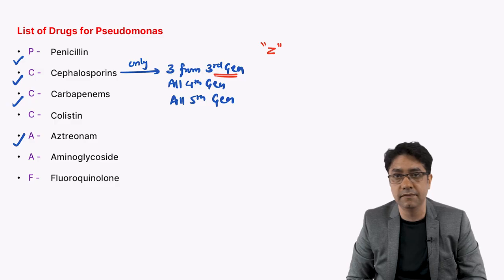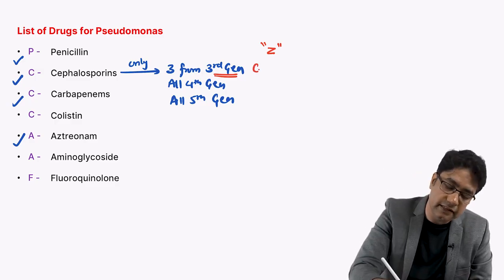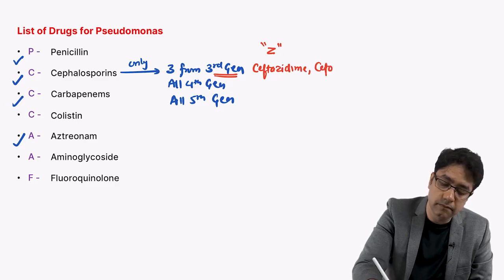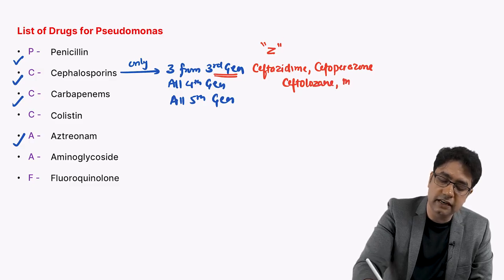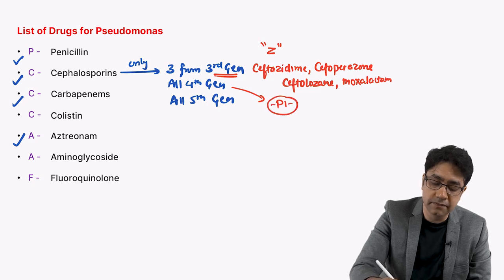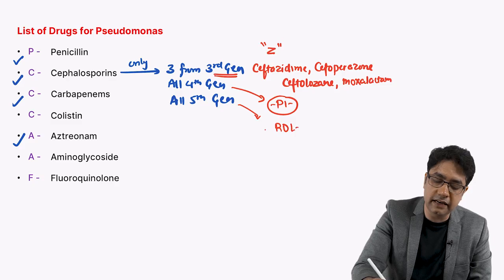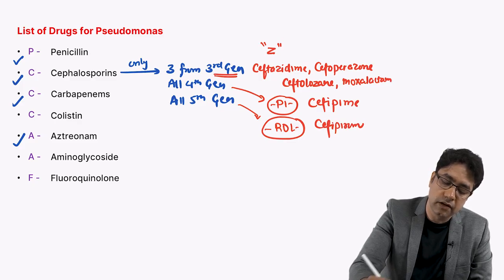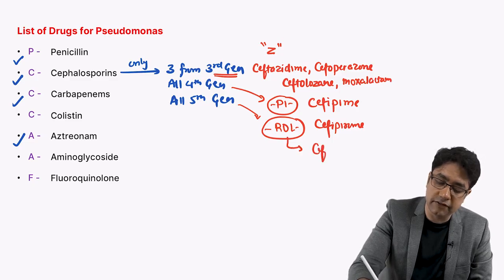Identify the word Z. The Z word will come like ceftazidime, cefoperazone, ceftolozane. If you can write, just write one more, moxalactam. In 4th generation, I have told you to identify the pi word, like cefepime, cefepirome. And 5th generation, identify the rol word, like ceftaroline,